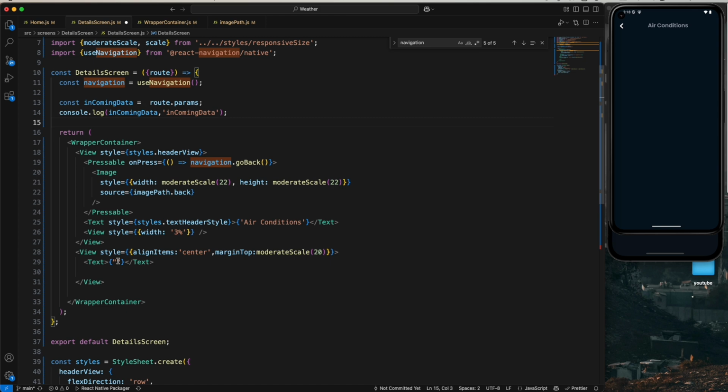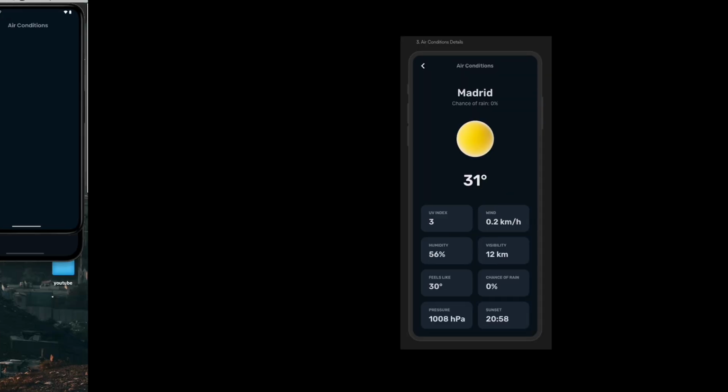I will explain these things also. I do not use this params data because when implementing the API, we are going to pass only the key from the home screen to the detail screen, and then we call the API and get the whole data of this screen. So this is the city we have, Madrid,